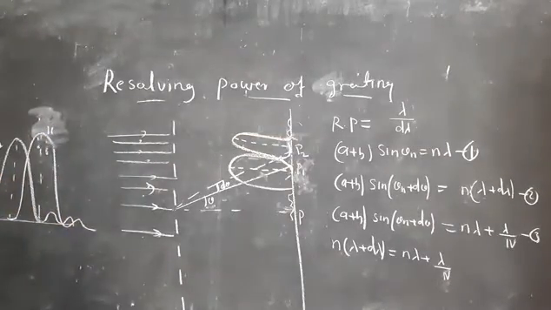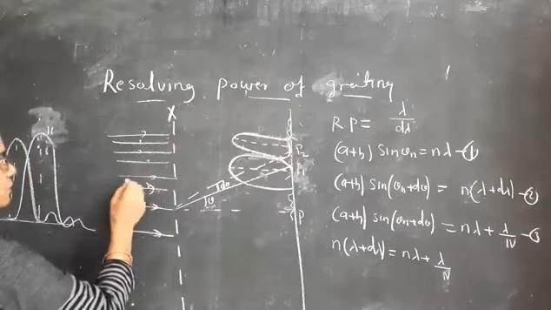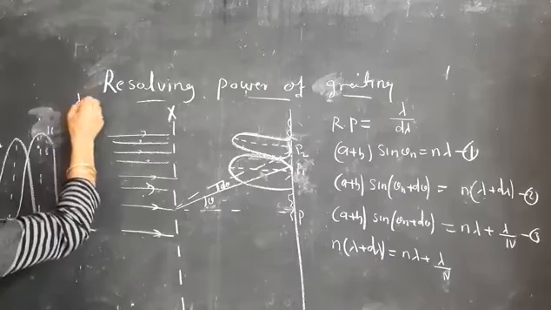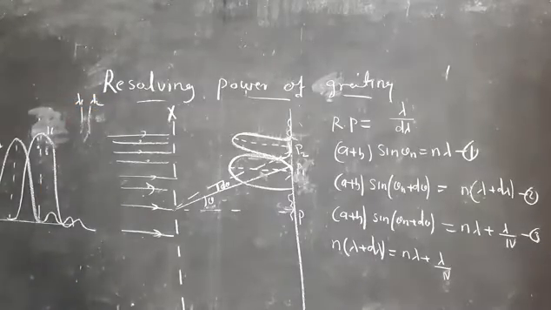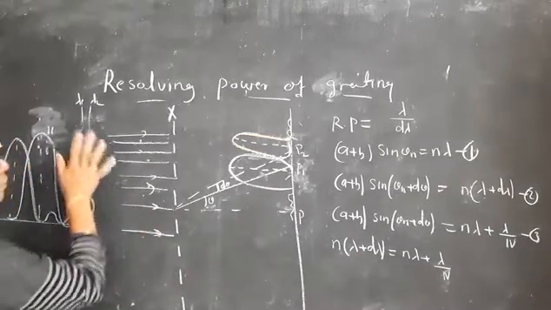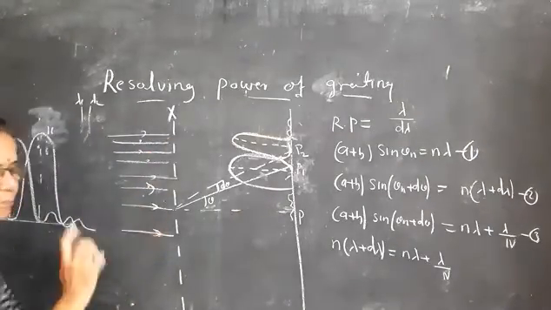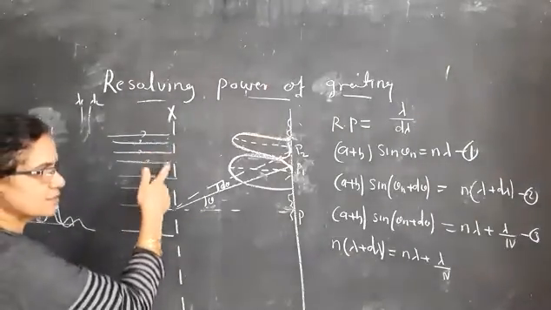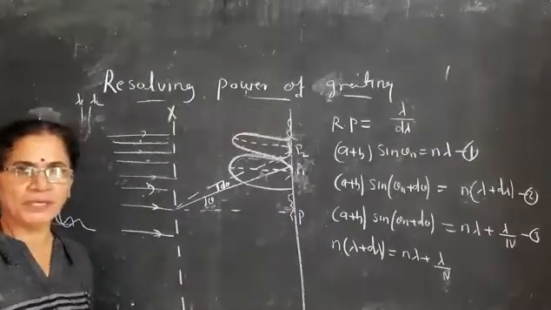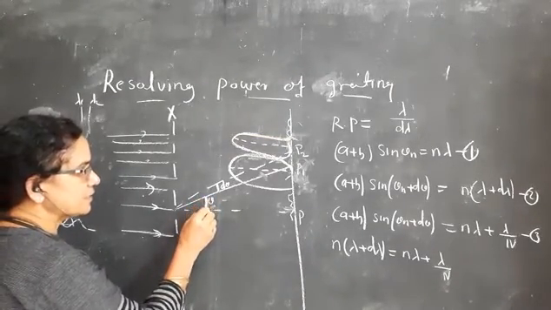Okay, so here XY is a grating. Follow. This is the light which is incident from the two lines. One is of wavelength 5890, say lambda 1, and the other one is lambda 2. But lambda 1 and lambda 2 are very, very close together. The light coming from these two wavelength spectral lines will be incident on the grating. Just see, the moment it is incident, you get a central maxima at a point P. But the ray which is diffracted with an angle theta, you can see over here.